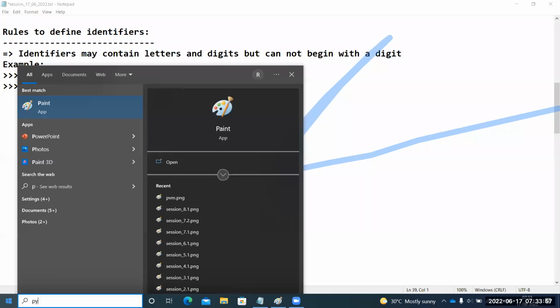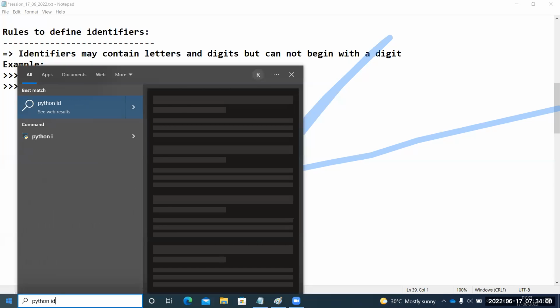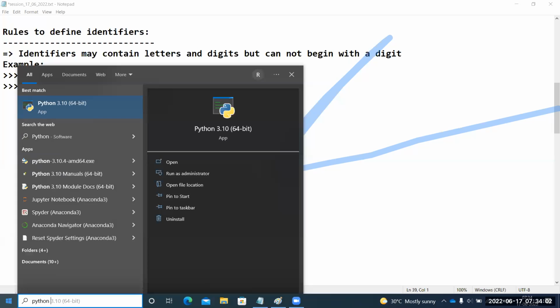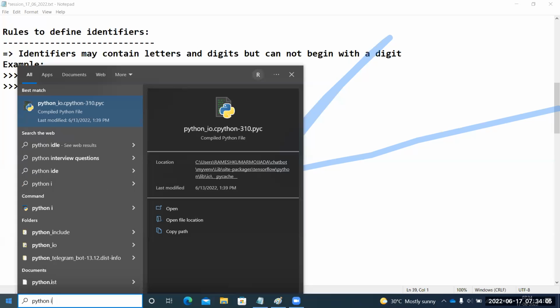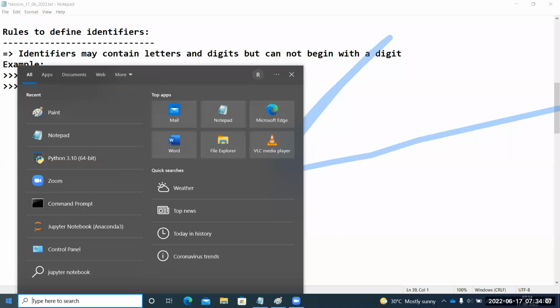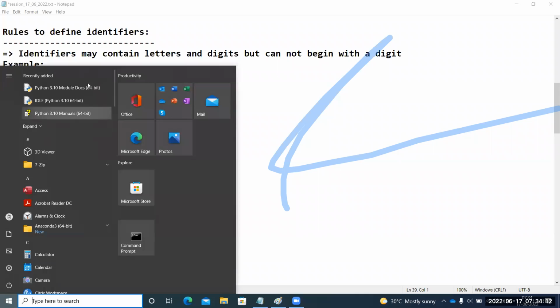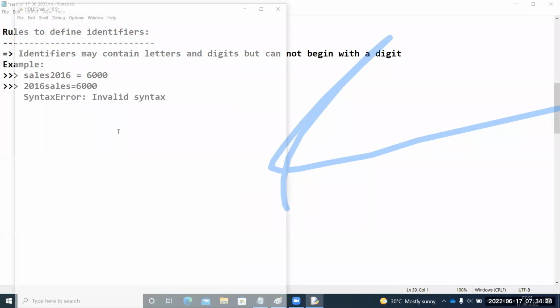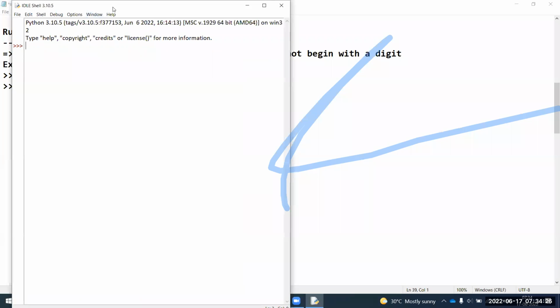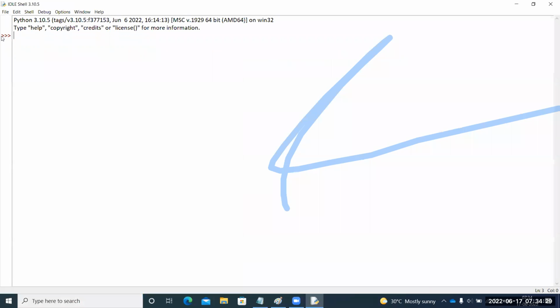That's why I recommend you to use this one, right? Python IDLE, type Python IDLE. I think that is already there here. Installed or not? Yeah. IDLE of Python. You can see, if you want to search it, you search here IDLE Python. So you will get this icon IDLE. Click on this. Click on IDLE Python, guys. Okay. You see here, there is a triple greater than symbol, right? This is called Python shell prompt, guys.